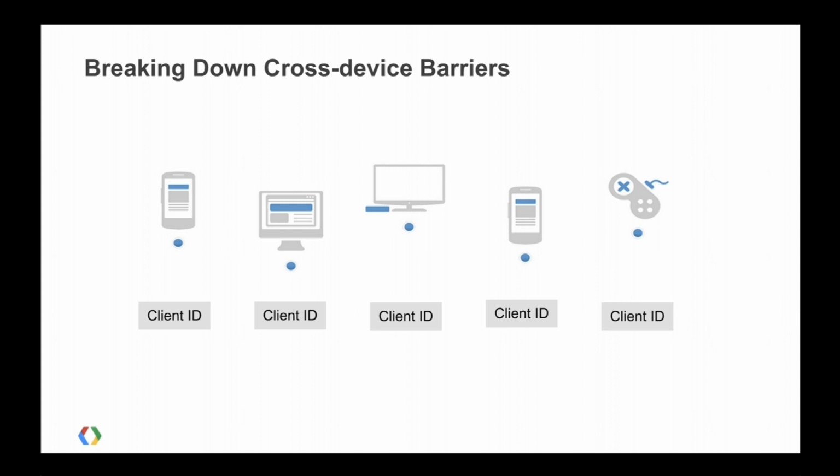So if I use your web app on 5 different devices, I have as many as 5 different unique client IDs in GA. Now, this can be fine if you want to do analysis of my experience with your app on one device. So if you want to say, OK, how's Andrew using my app on a desktop? That's fine. No problem. You can definitely do that. Where it gets tricky and where we run up against a little bit of a barrier is when you start asking questions about how is Andrew using my product across all these different devices? For example, how many devices in total do I use to access your app? How much revenue do I generate across all of my devices for you?